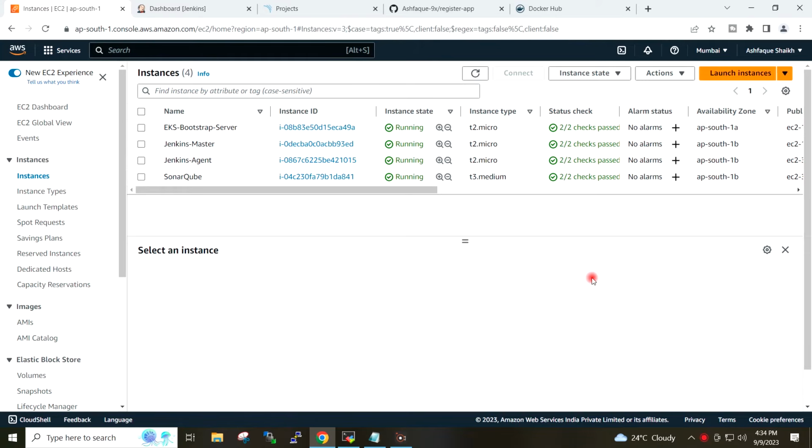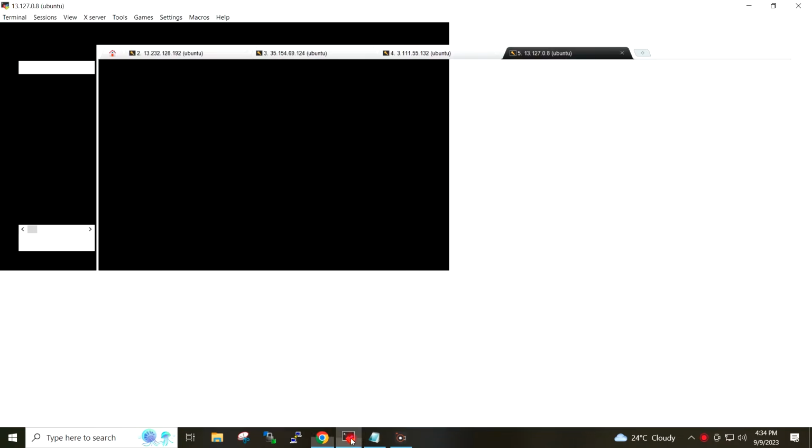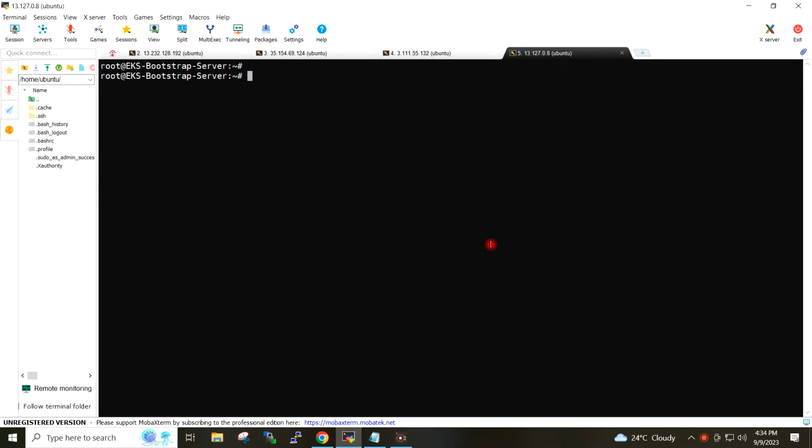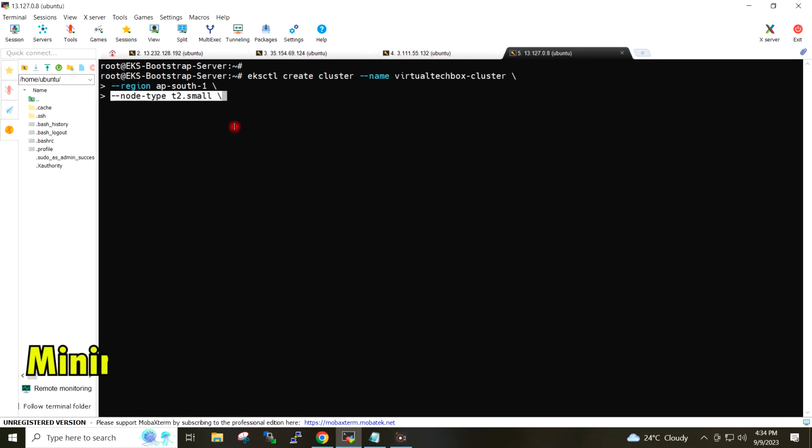I will now go ahead and create the EKS cluster. For that I will go to terminal of the Bootstrap server and I will give here the command to create the EKS cluster. This would be the name of my cluster. I will give the region in which I want to create my cluster. I will give the node type which is T2 small.